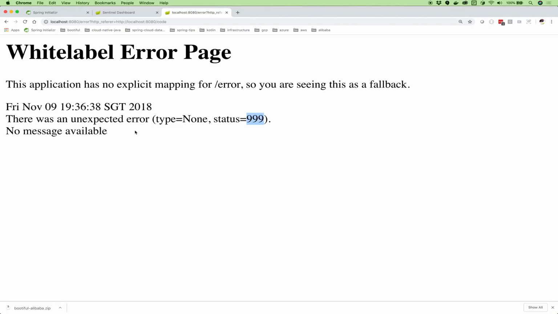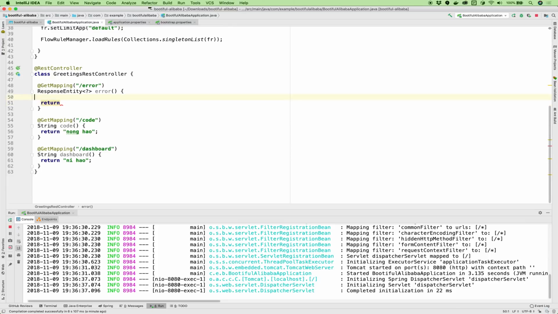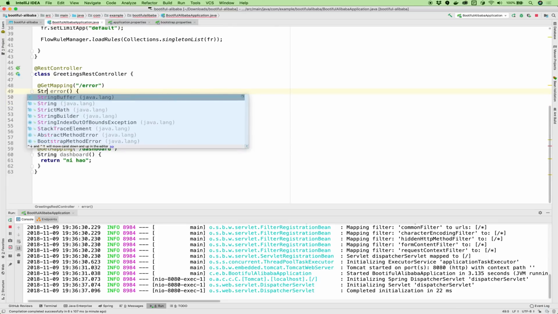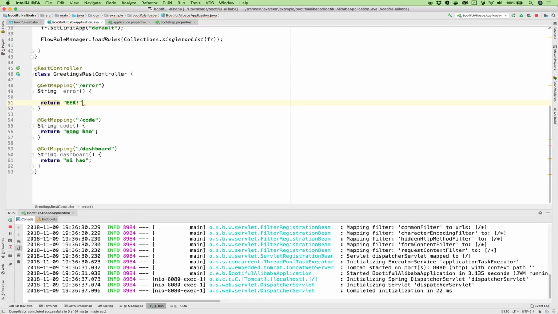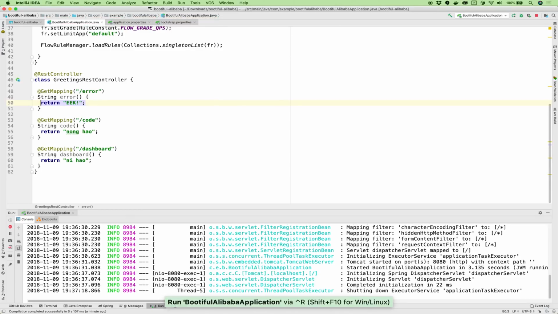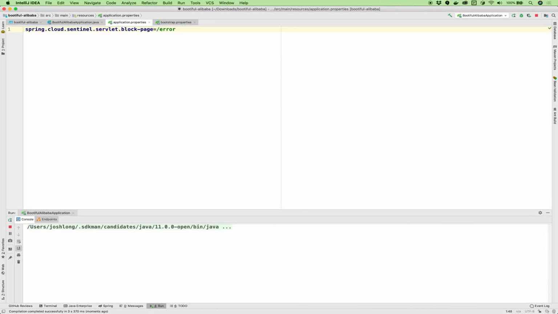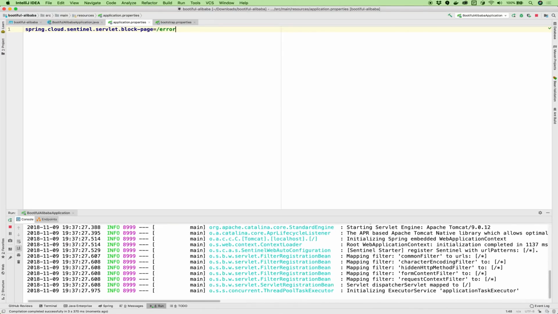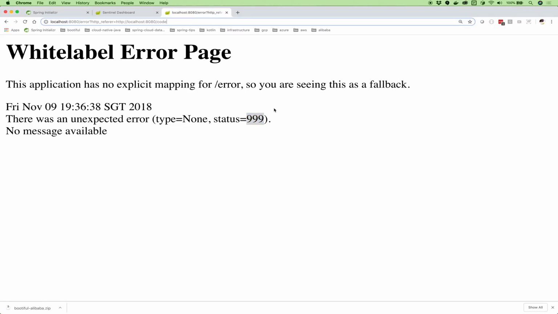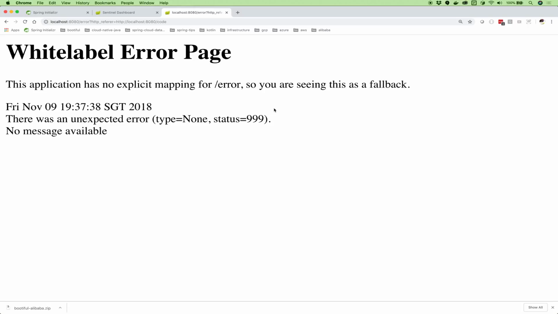Let's see. Maybe I assumed too much. String. All right, try that again. Application. Yeah, block page is equal to error. No explicit block page.